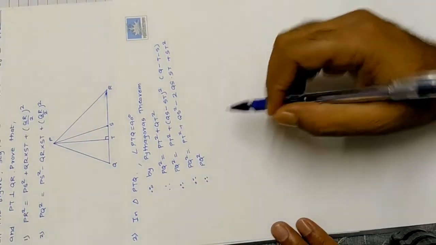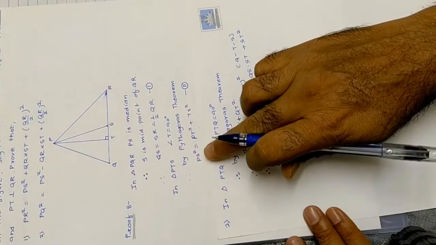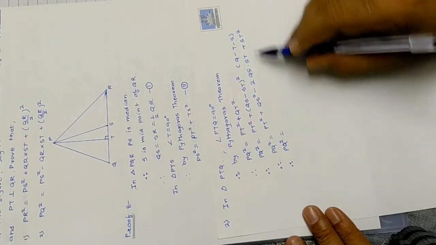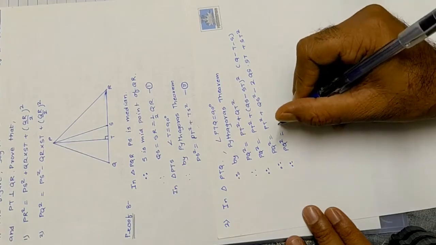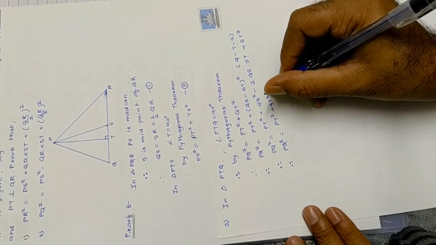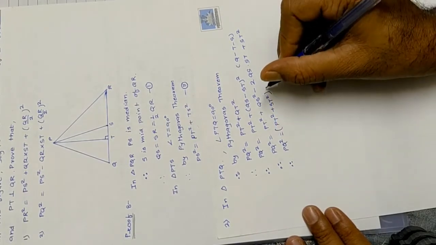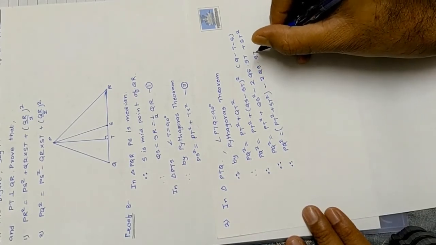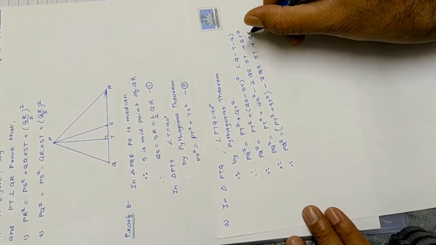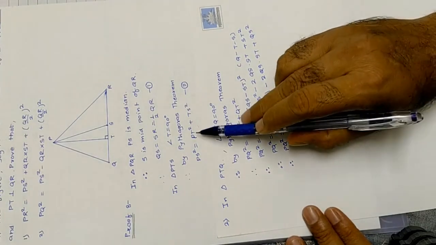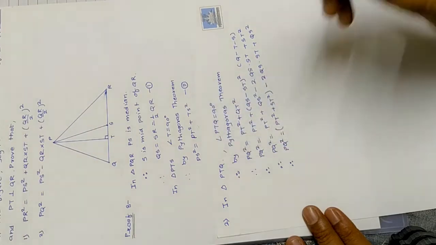So therefore, now again apply your first part here. PS square is equal to PT square plus TS square. So you got PT here, correct? This is PT square and this is ST square. That I am going to take together. So it is PT square plus ST square together. Okay. And rest of the thing we can write as it is. So minus 2QS into ST plus QS the whole square. This QS the whole square here. I hope clear. Now, but PT square plus TS square from 2 is PS square.